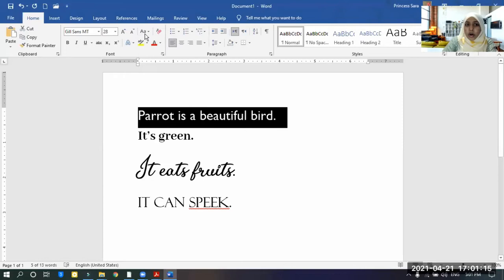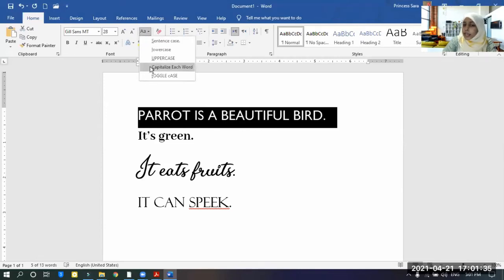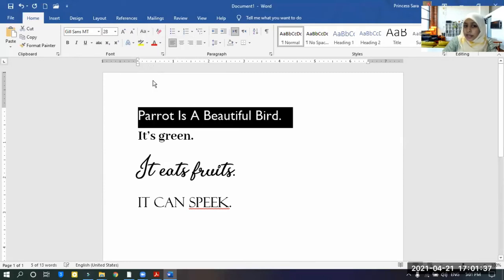If I use lowercase, see what happens. All the letters are written in simple letters. Lowercase means all the letters in simple letters. Uppercase means all the letters in capital letters. Capitalize each word means capitalizing only the word's first letter.